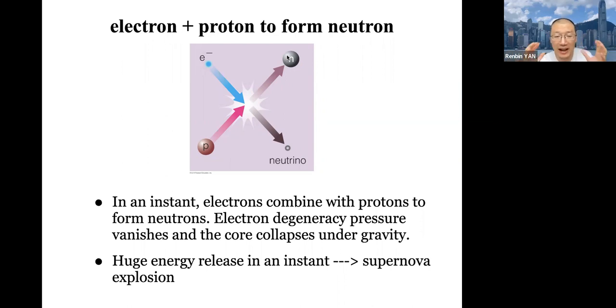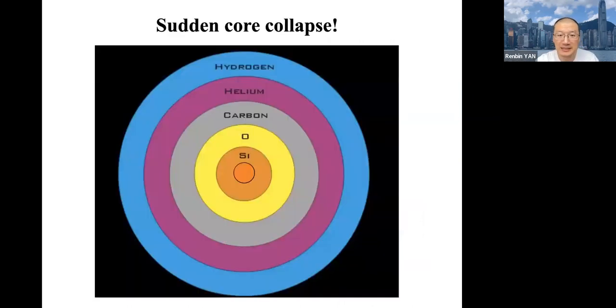That is because the iron core gets so dense that the electron degeneration pressure no longer supports against gravity. The electrons get pressed into protons, and all of a sudden the pressure vanishes. The core contracts to a really, really tiny size, completely made of neutrons, and that is called a neutron star. So all of a sudden, the core contracts into a really tiny neutron star, and all the outer envelopes just completely lose their support and rush in toward the center, towards a really hard neutron star.